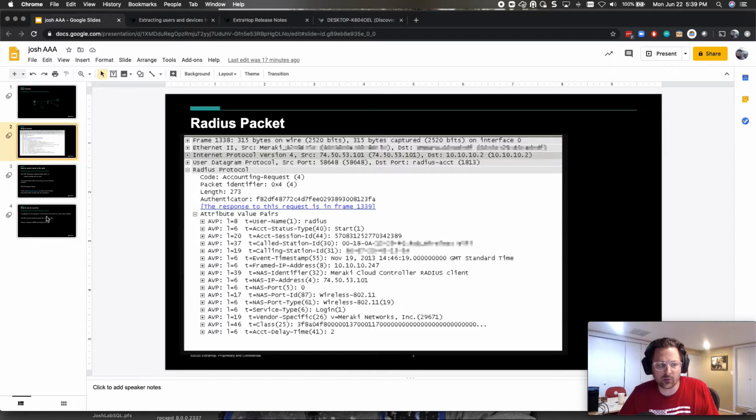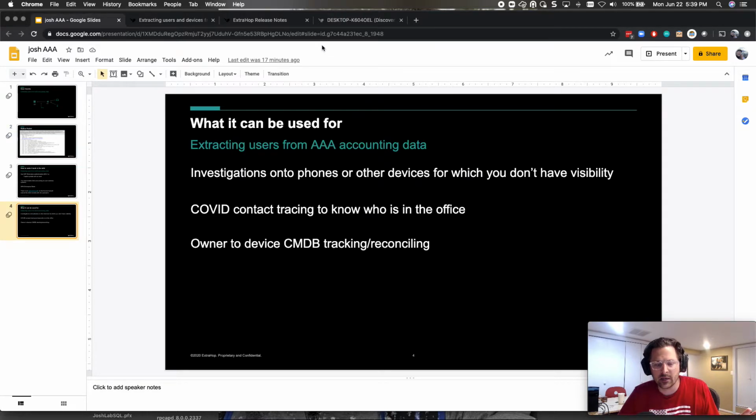So let me walk you through some use cases. You can use it to see cell phones authenticating. We couldn't really see that data before. It's not something that was pertinent to us, because the cell phone is going to connect via Wi-Fi, so these are devices you don't have visibility into. There's potential contact tracing to see who has been in the office and who's authenticated. You can integrate it into CMDBs and other systems to track user data and interactions, right? It's just another agentless way to get this data, and the uplift is very, very low